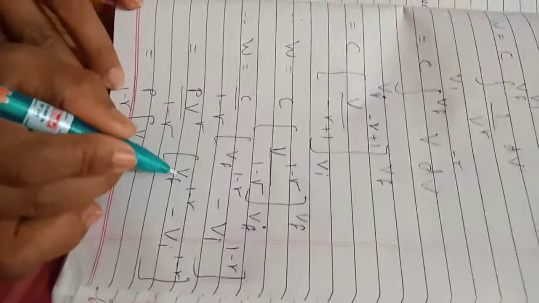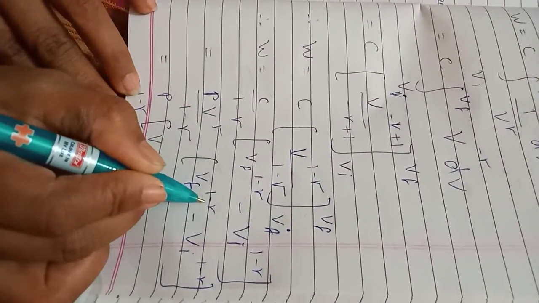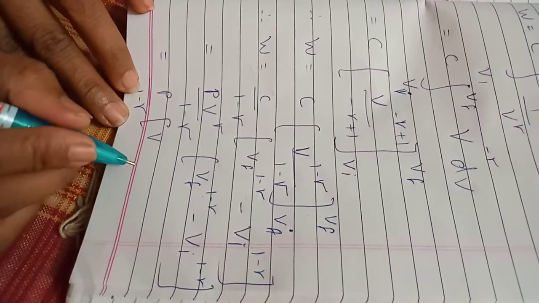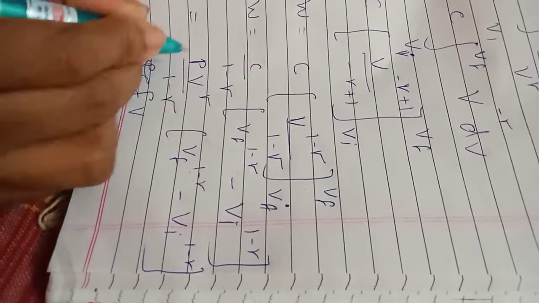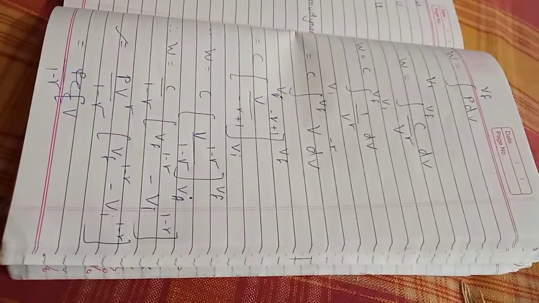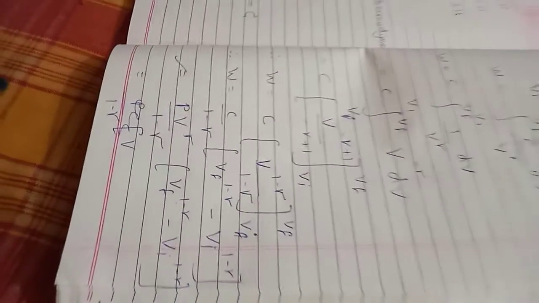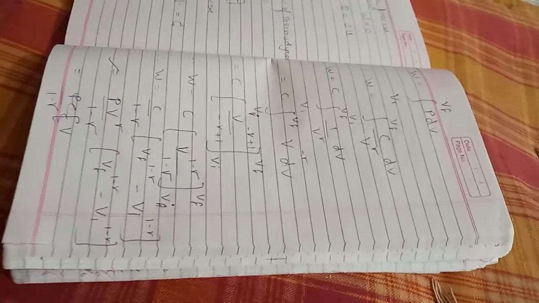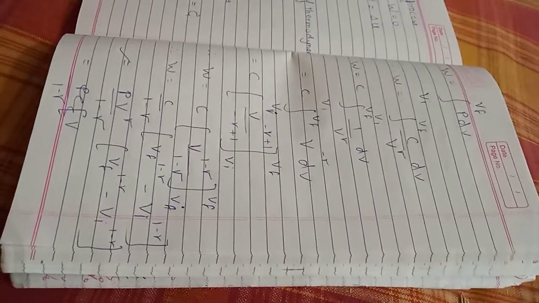Raised to gamma. After multiplying this, V raised to gamma and V raised to minus gamma will get canceled. And that is how you get the expression as P raised to gamma divided by 1 minus gamma, Vf raised to 1 minus gamma minus Vi raised to 1 minus gamma. That's it. I'll repeat it again and we will continue.